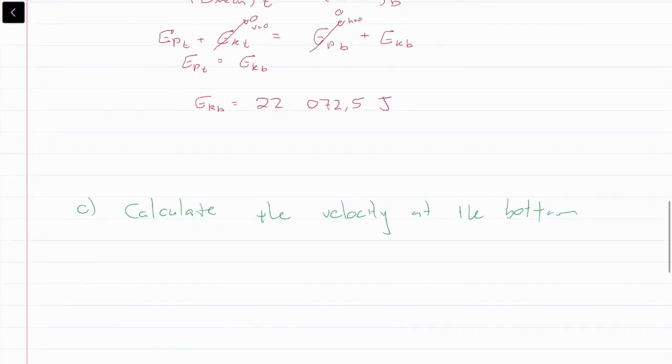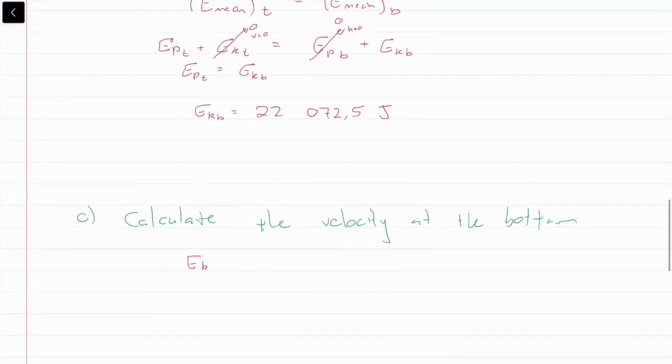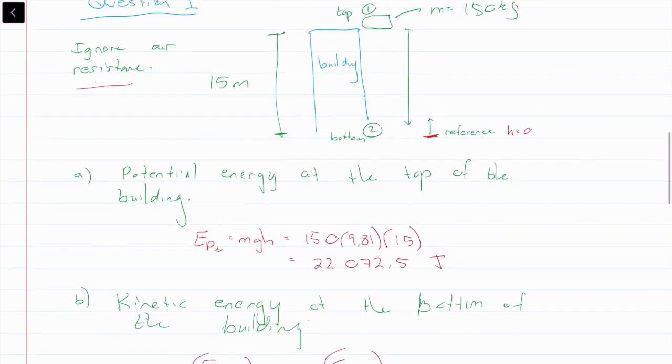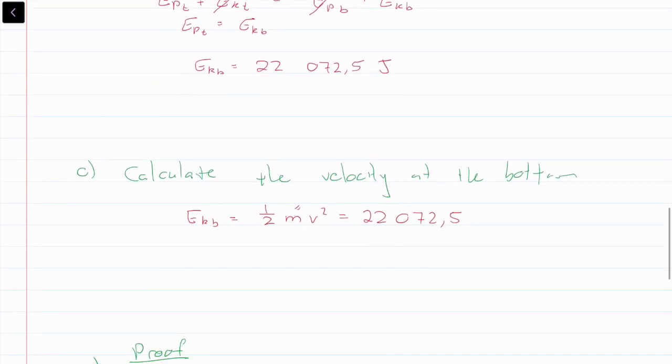Okay, calculate the velocity at the bottom. Okay, we already know EK at the bottom is equal to a half times the mass times velocity squared, which we calculated as 22,072.5 joules. So we can say mass is equal to 150 kilograms. So solving for V, let's put that into our calculator, square root the answer, and we're left with 17.16 meters per second,